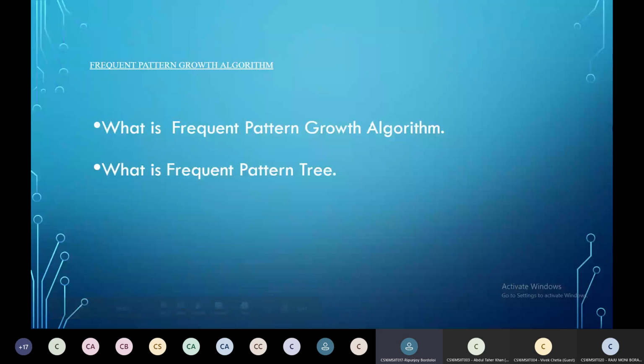So my name is Ripunjay Bodle, and I am from Integrated MSc 9th semester. Today I am going to discuss the frequent pattern growth algorithm. Before we learn about the frequent pattern growth algorithm, we should know about the a priori algorithm. So first we discuss the a priori algorithm. A priori algorithm is an algorithm for frequent pattern mining that focuses on generating item sets and discovering the most frequent item set. It greatly reduces the size of the item set in the database.